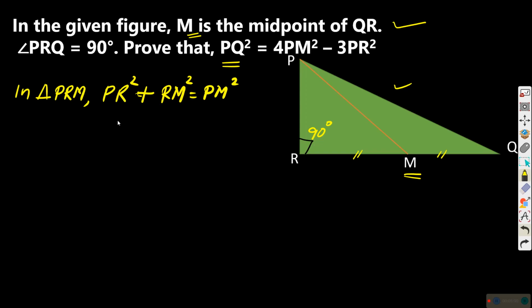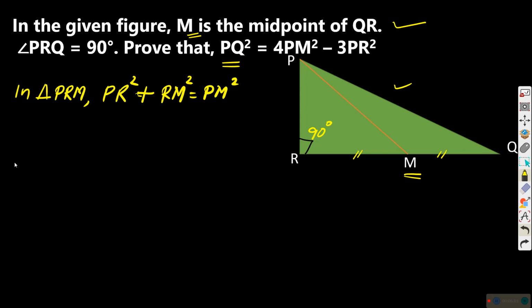So that we will write first. We'll keep it like that. It will come in use. Whichever is coming in use, we will use later. PM is there as well as PR is there. Both are there to be connected with PQ.